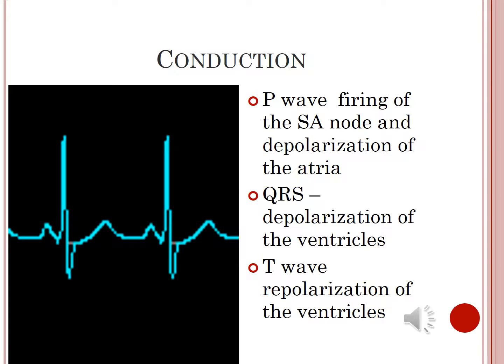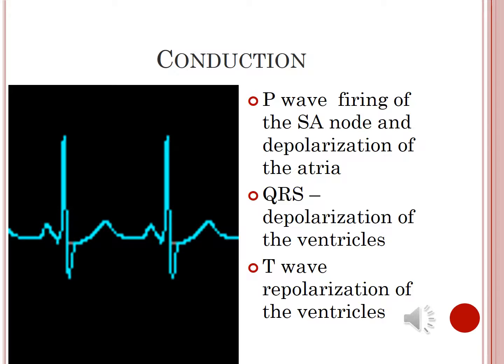It's also called excitability. So that's that first little bump. Then that same line goes down and then spikes up really tall and comes back down low and then returns to baseline. That's called the QRS. The QRS,